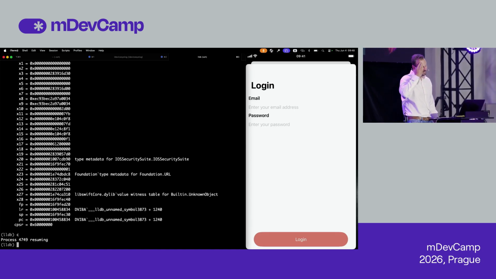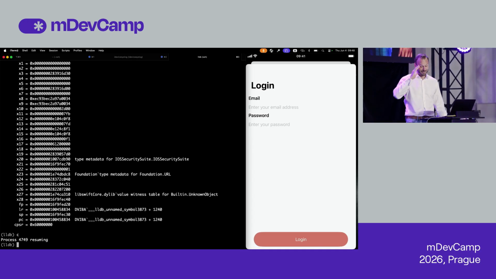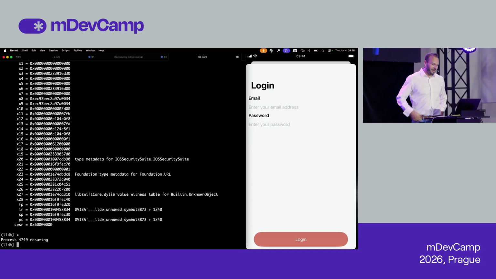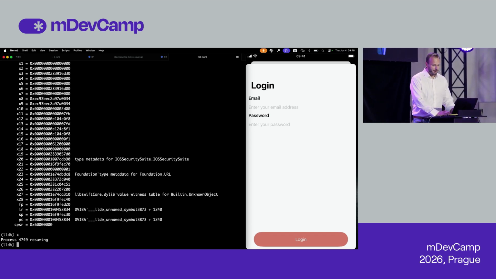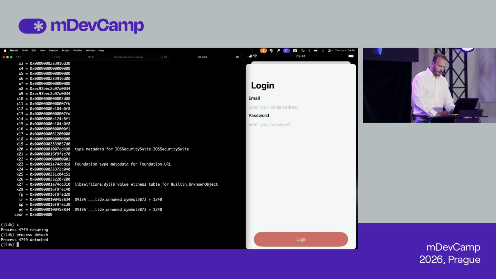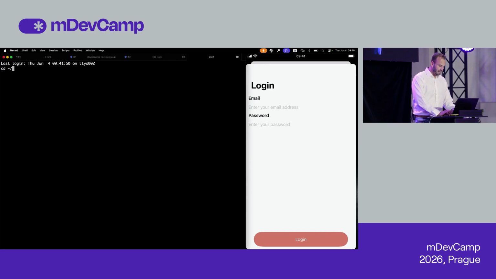Okay, this is pretty cool, but it's not all. So now we actually are running the app on the jailbroken device. We bypassed it in memory. But what I can do now, and I have to be very careful, else I would have to do it again, is remove the debugger, so I will do process detach. So we are detached, and now if I go to my desktop